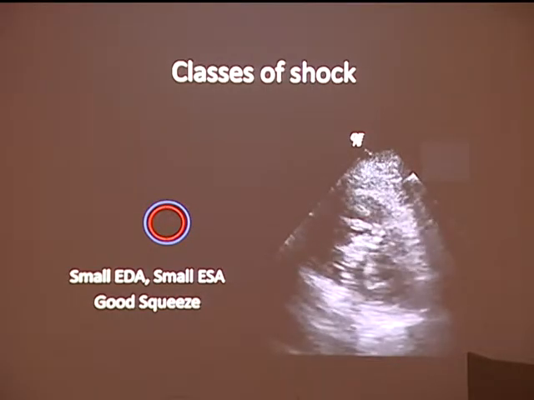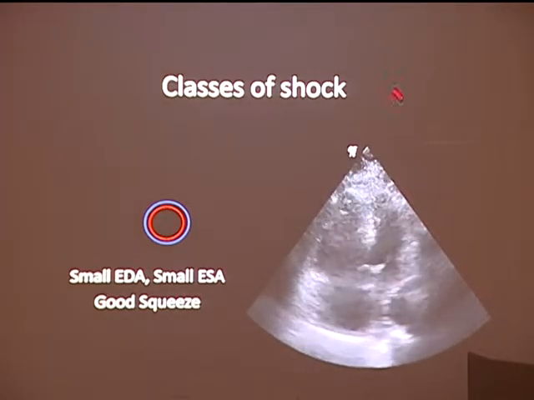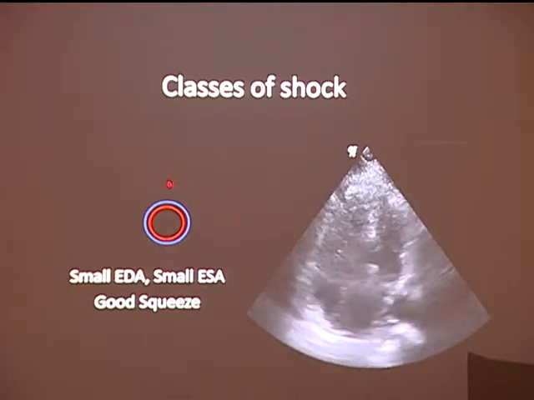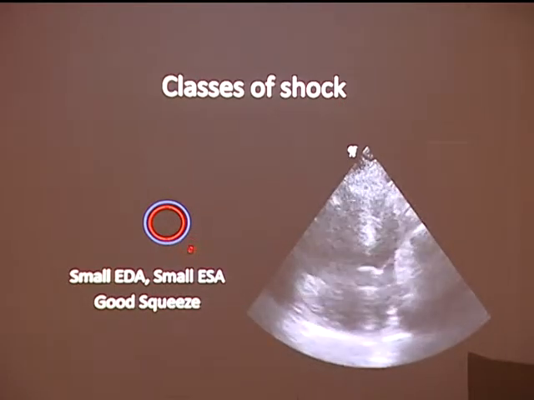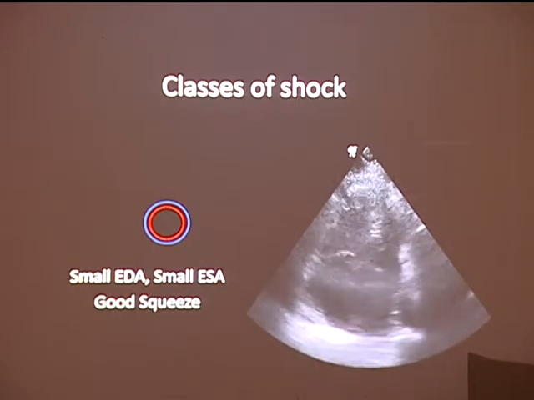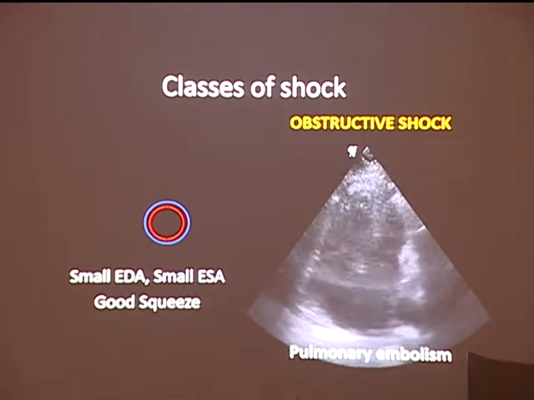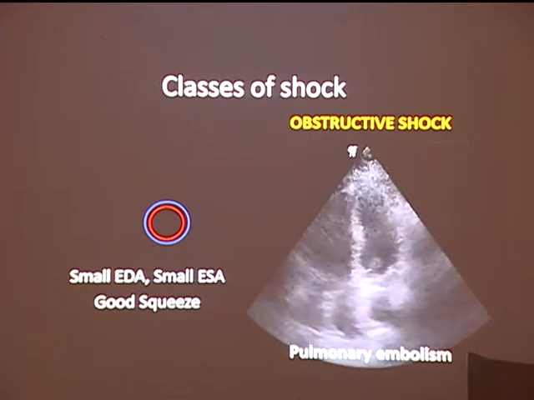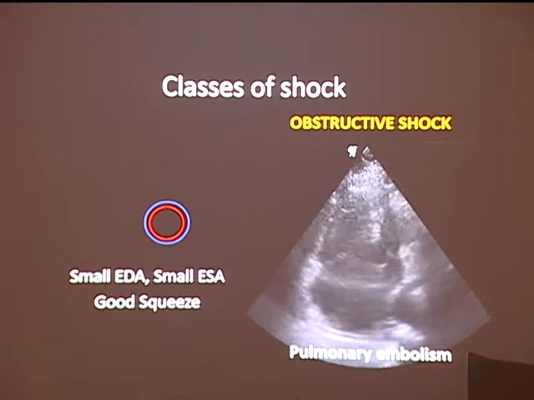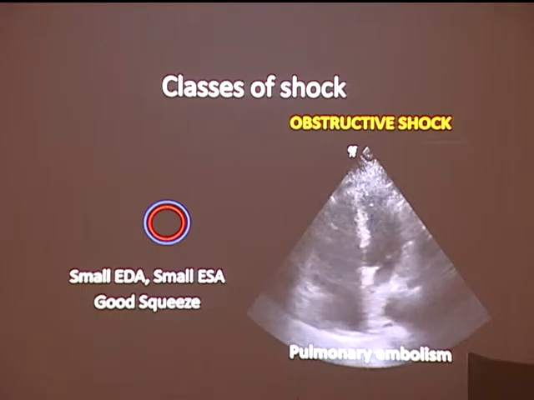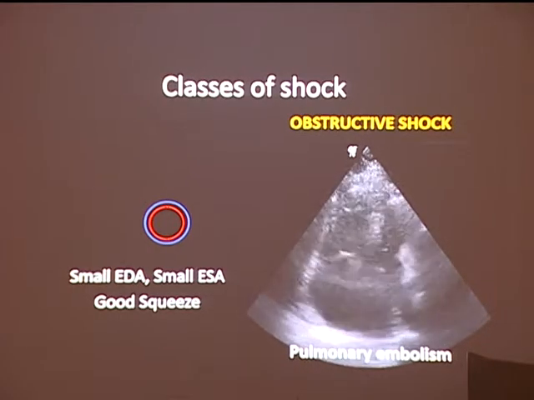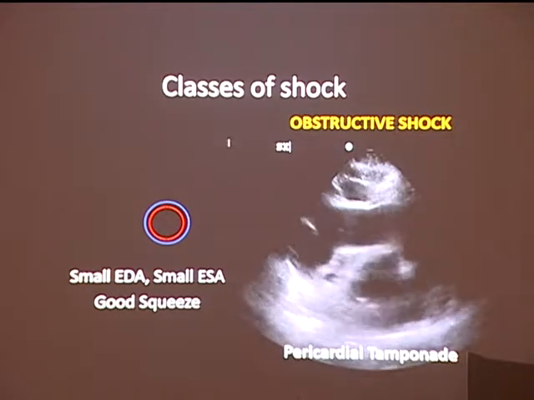But if you look at other segments of this patient's heart, you see that in the apical 4 the right side was actually very, very big. The right side is totally way off the roof. Right? So what does this patient have? This patient actually has acute pulmonary embolism leading to obstructive shock. And you can see that this patient's LV, when we did the shock axis just now, is equally small as in the other patient who was hypovolemic.